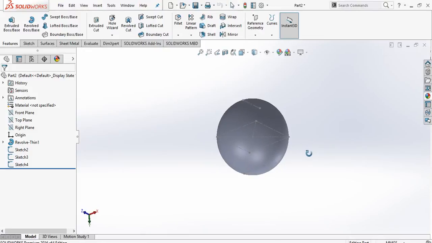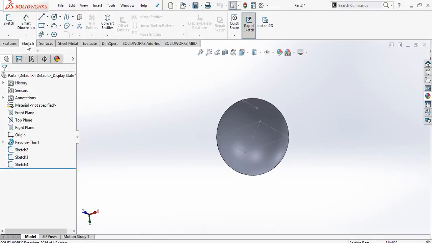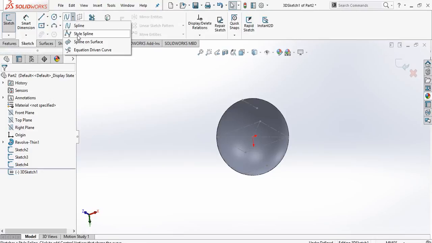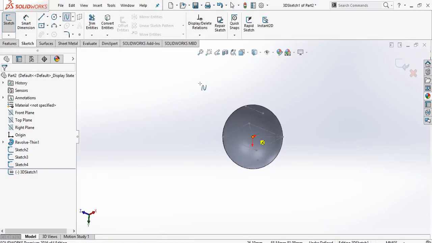Now do one thing, choose spline, go to sketch and select 3D sketch, and here select spline on surface. Okay.